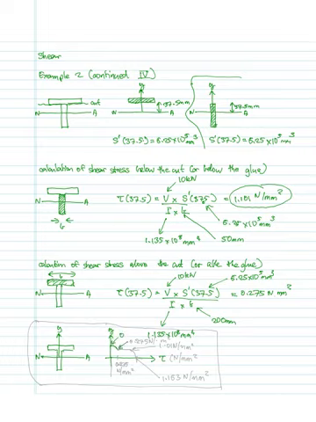That value of the shear stress is going to be 0.275, and then suddenly below the glue it jumps up to a value of 1.101 newtons per millimeter squared, and then it comes down to a maximum value at the centroid or at the neutral axis, and the maximum value was